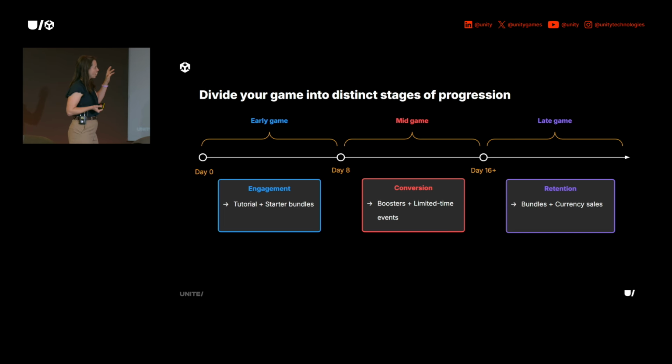And the goal here is, now the player understands your core game loop, but you want to engage them deeper with your content, right? So the way to do this is offer them different boosters and time-limited events, which is super good to create sort of a FOMO effect almost. And then you enter into the late game, and that's when retention is really important. So you want them to come back again and again and again. And how to do that is offer different bundles in your IAP store, currency sales. That's maybe also where you can introduce ads, right? So that's kind of the progression through the game,